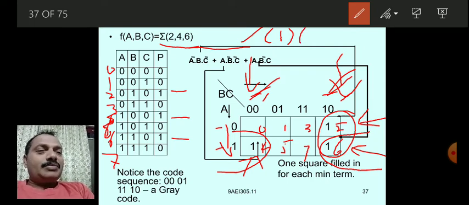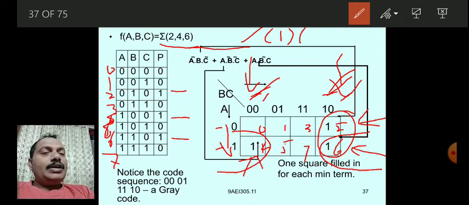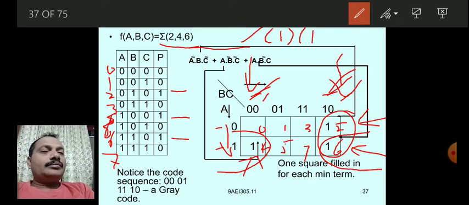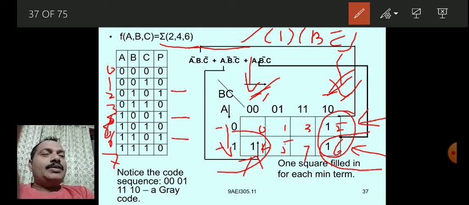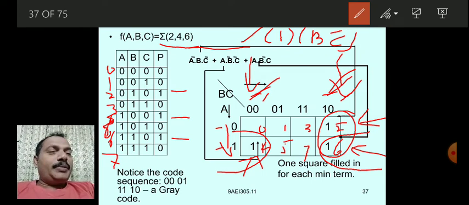Let us write the column side, in another bracket. Column side, only a single column is there, and that single column is BC, that is 1 0, which means B is 1, C is 0. That is the meaning. So B C bar. So finally, what is the value? 1 dot B C bar means B C bar, that's all. That is the first group's simplified term we got.